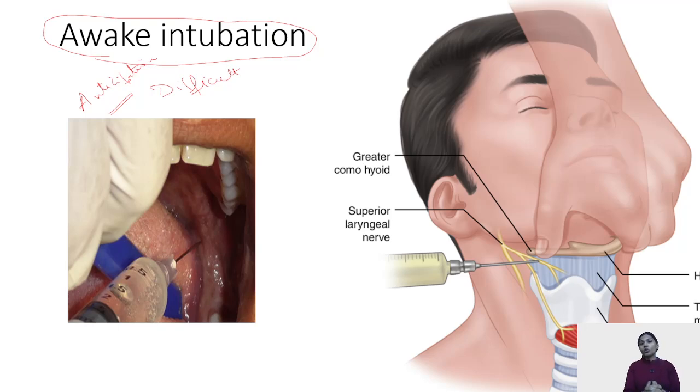For awake intubation, we have various steps that have to be followed. For example, we have to nebulize the patient with local anesthetics in order to anesthetize the airways. That is, 4% lignocaine can be used. Then viscous gargles can be used. We can use a 10% lignocaine spray. Then pledgets can be introduced into the nasal cavity in order to anesthetize it and vasoconstrict the blood vessels. And majorly what we use are the airway blocks.